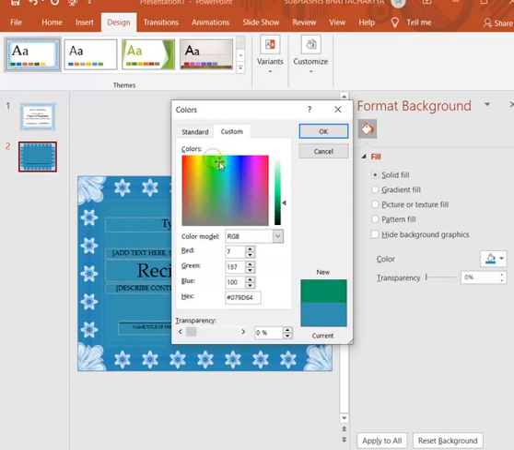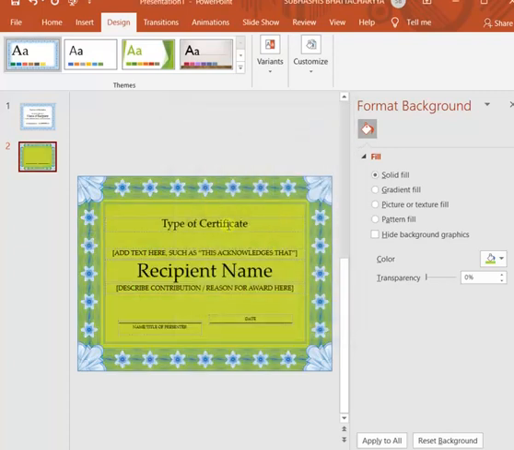Suppose I am making a different type of color here. Now I have mixed this color and this type of color will be applied. So click on OK. You will see this type of color has been applied. So you can create your own color from these colors also for solid fill.